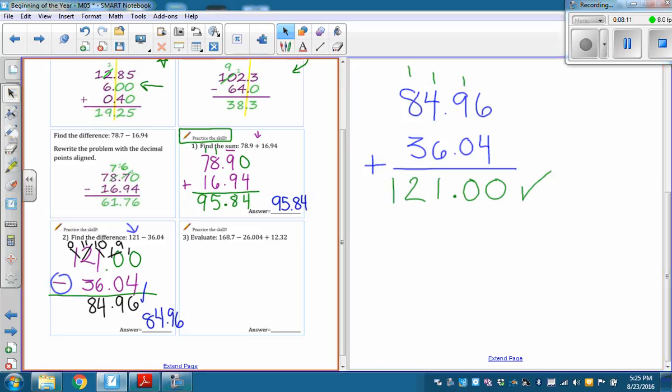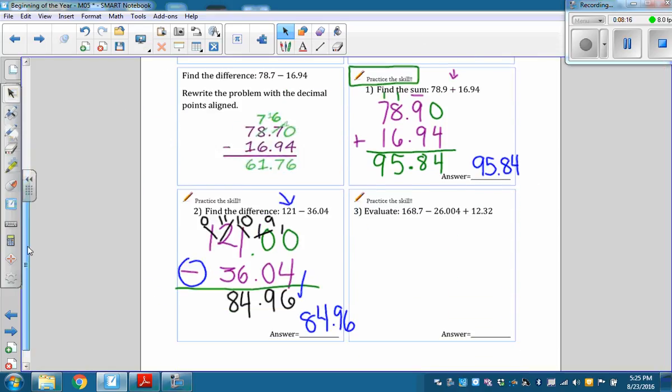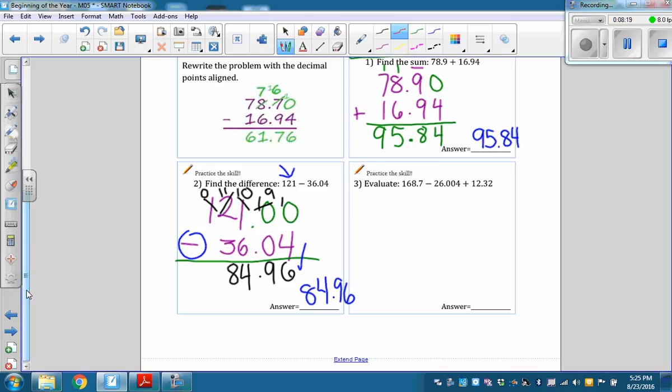All right, on this last problem here, this is what we'll close with. We have an evaluate, and the word evaluate means find the answer. So I'm going to work left to right because whenever I have addition and subtraction in the same problem, I work left to right. So I'll start with 168.7, and I'm going to subtract 26.004. So I'm going to put my placeholders in,